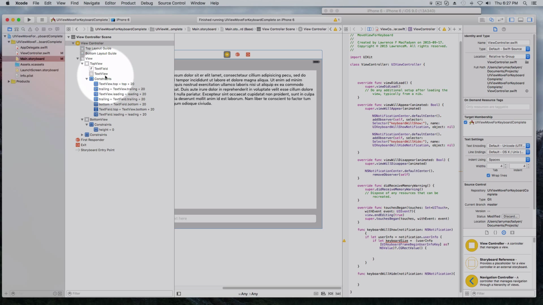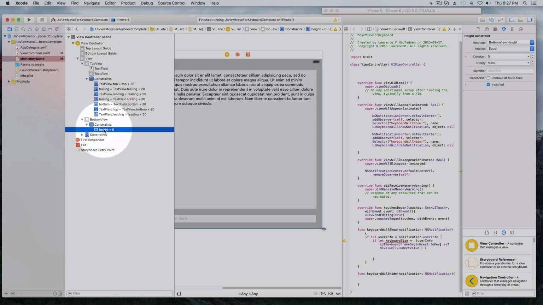I'll show you how I like to move views for the keyboard by letting auto layout and constraints do the work versus calculating frame sizes. So what I have in the storyboard is a top view containing a text field and a text view. Then I have a bottom view that is empty but has a height constraint with a constant of 0. So that height constraint is the key to changing the size of the bottom view to match the keyboard height